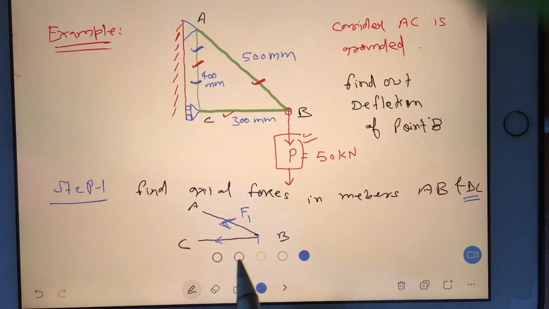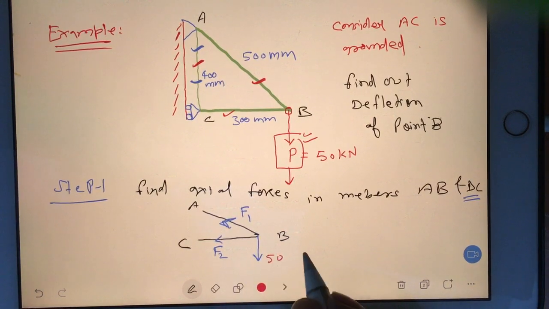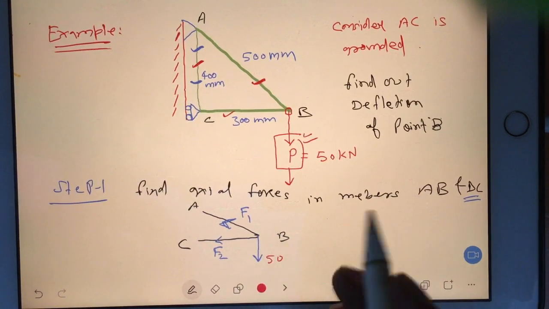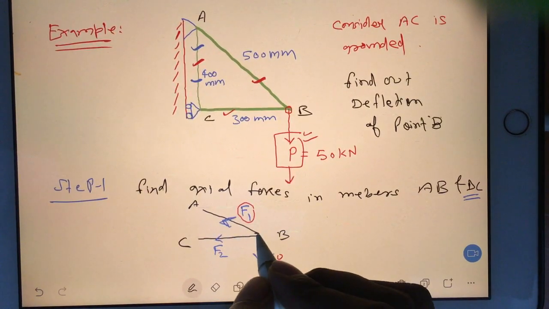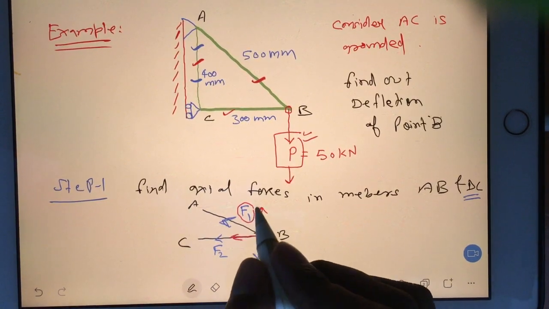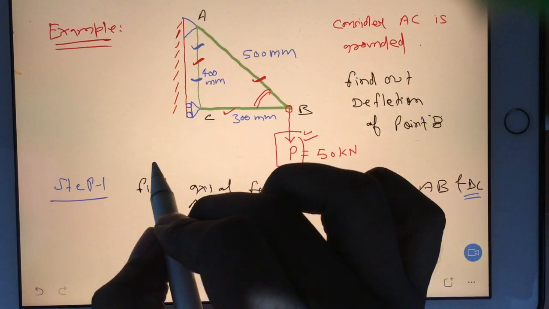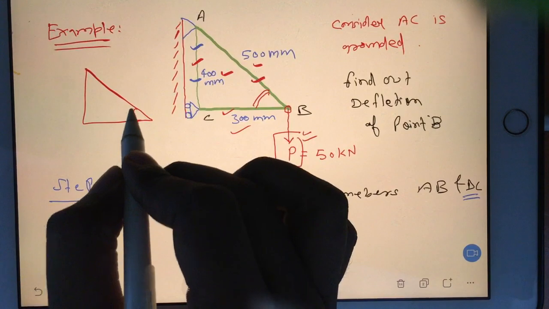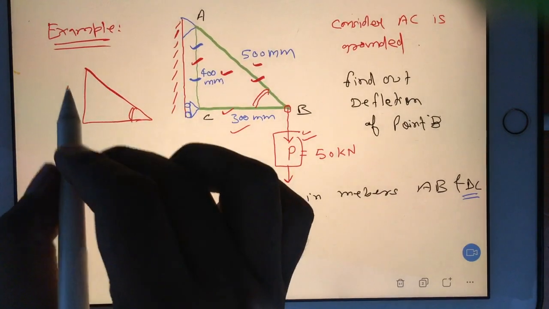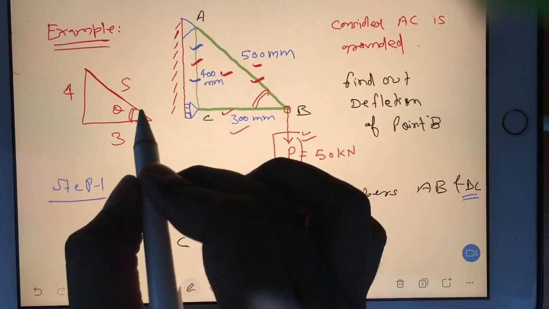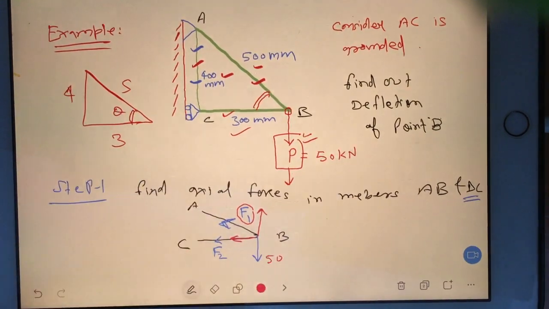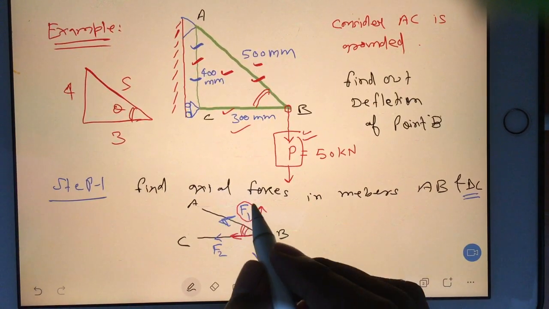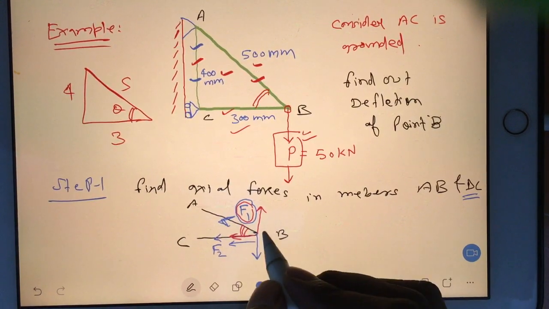Okay. Now see, we have this 50 here. According to the 50, we will find out F1, F2 by the component method. What is the best way to find out? You see, F1 you can split into 2 parts, one here and one here. You can see in the triangle you can find sin theta and cos theta easily, because all the 3 lines are given, right? You can see this kind of diagram is there, right? If you consider this as theta, this is your 4, 3 and 5, and then you can easily find out the sin theta value and cos theta value. So you just consider this as theta. It is smartness. So F1 will have 2 components, one component in this direction and one component in this direction.